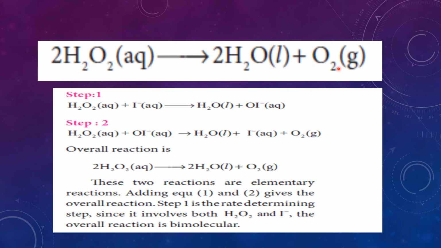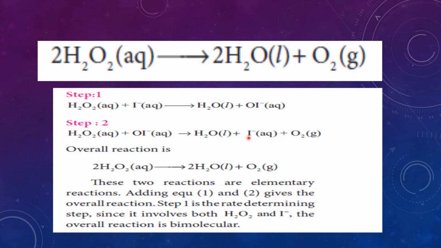I can explain that step by step. See, the first step: H2O2 in aqueous medium, I add a little bit of iodide catalyst. What occurs? The iodide reacts with 1 mole of H2O2, reduced to 1 mole of water molecule, and a hypoiodite combination forms in aqueous medium. This water and iodide minus is going to attack another mole of hydrogen peroxide, that is H2O2.